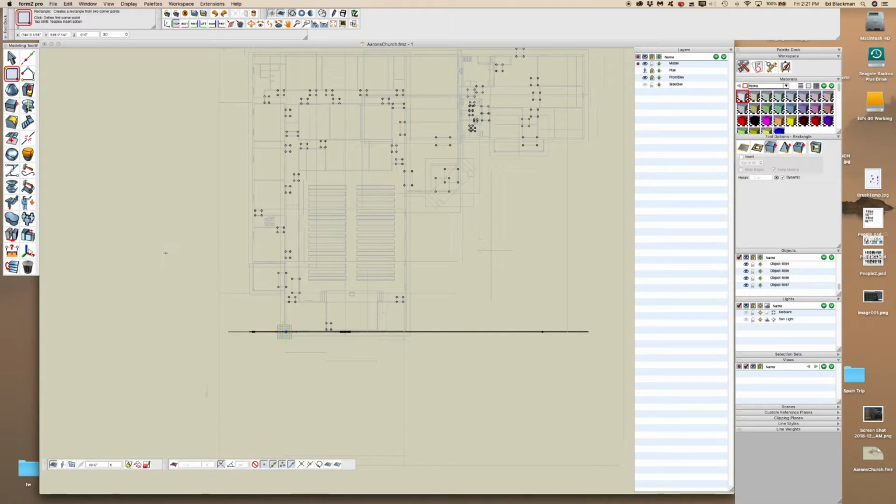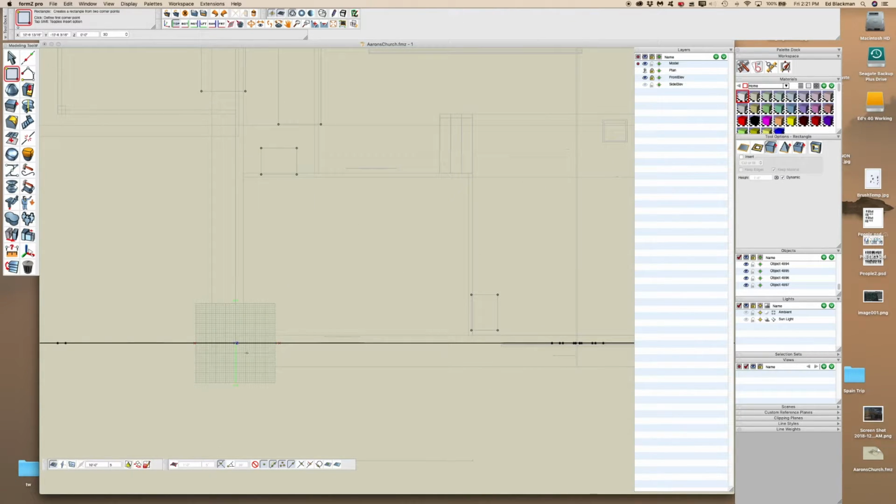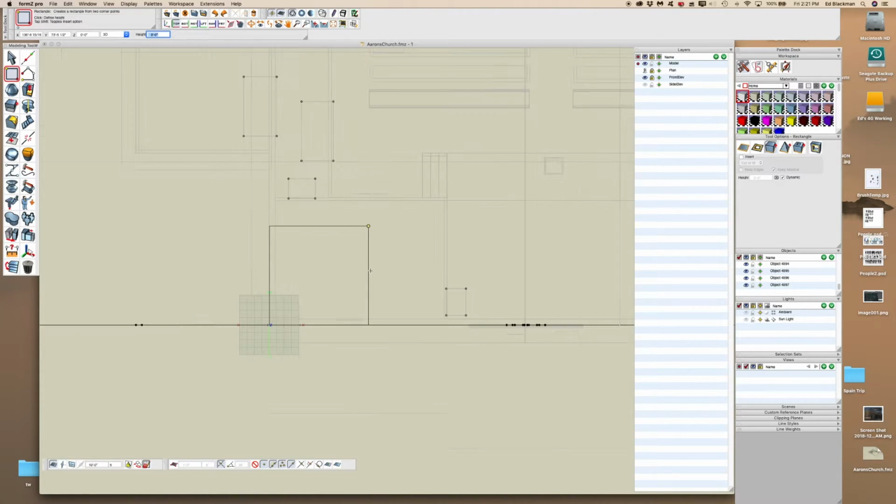So what we're going to do is we're going to go down here to 0, 0 first, and click on it, and just drag a box. And I find, for me, this is the way I like to work. And if you go to Command 2,